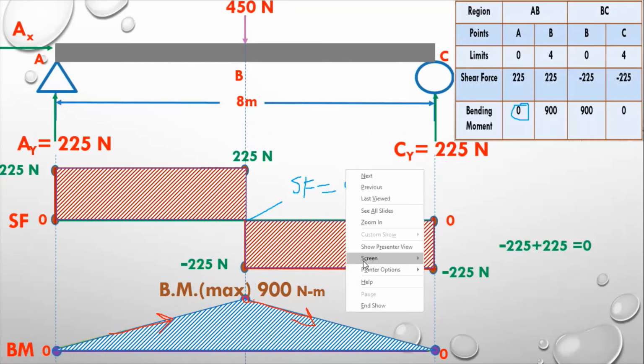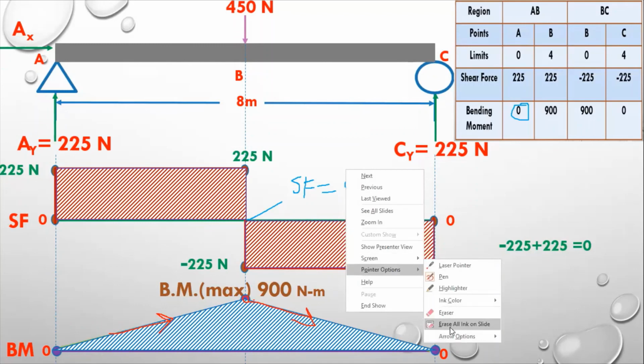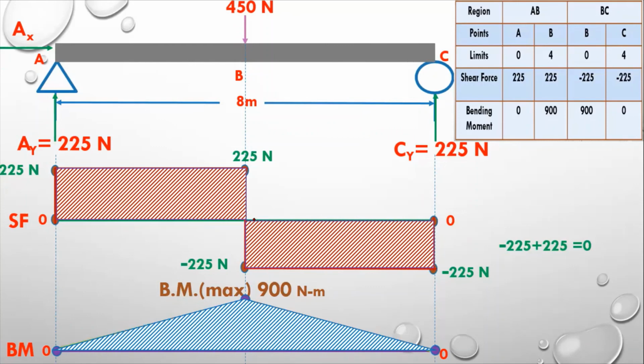I will upload more numericals or questions on it, so it will be more clear to all of you, and hopefully you will understand it and keep it in mind: wherever the shear force is 0, you will get the maximum bending moment. Hopefully you will like the video, and you will be able to calculate point loads in simply supported beams, or draw shear force and bending moment diagrams after watching this video. So it will be helpful for you.